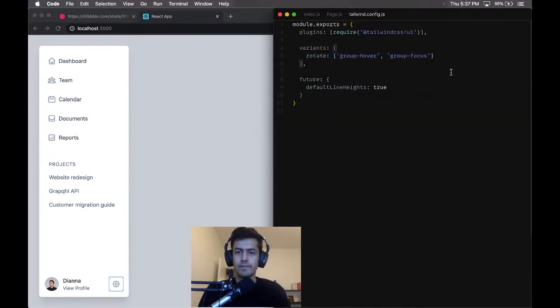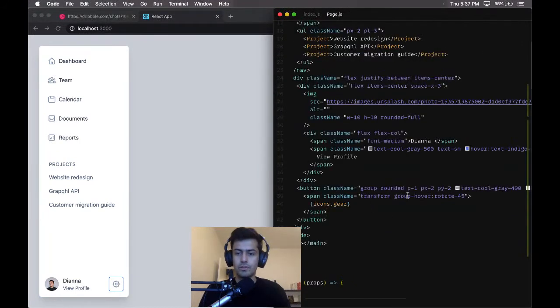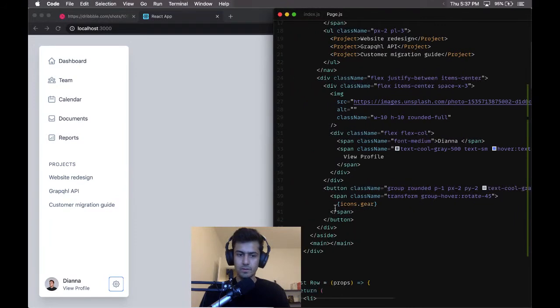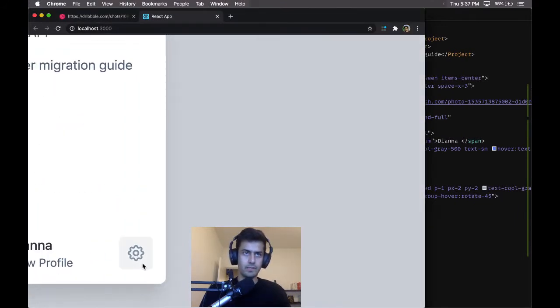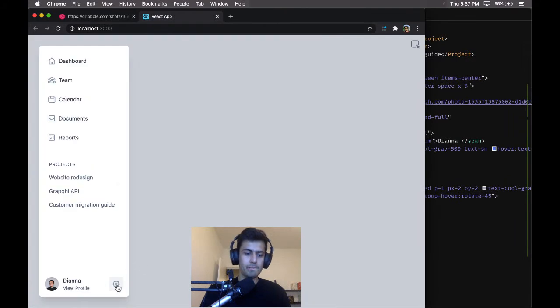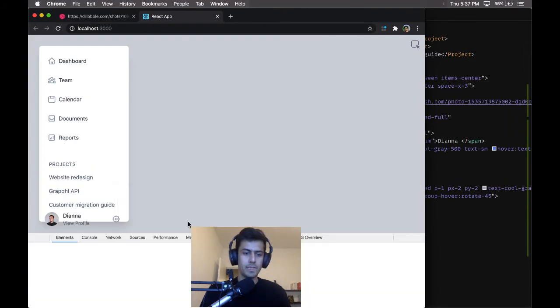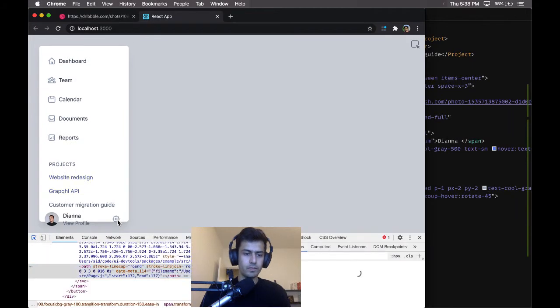Tailwind config. I have rotate on group hover. Group hover rotate. I think that's how you do it. I don't actually know. Yeah, it really doesn't rotate. Hmm, let's see. Okay, what happens if I have